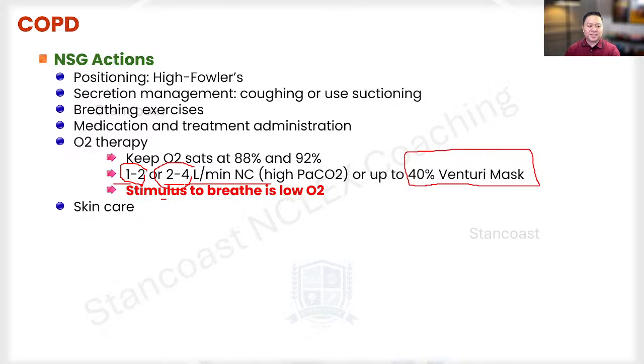Part of the care here is going to involve skin care, because for those chronic O2 users, they're going to have possible ulcers behind the ears, ulcers that could convert into chronic wounds with constant pressure behind the ears. I've seen those patients that have been using those nasal cannula tubing. They end up with chronic ulcers behind the ears, and this is really going to complicate things all the more. So we have to make sure we are checking for skin irritation when we are admitting the patient, especially for those wearing the nasal cannula.